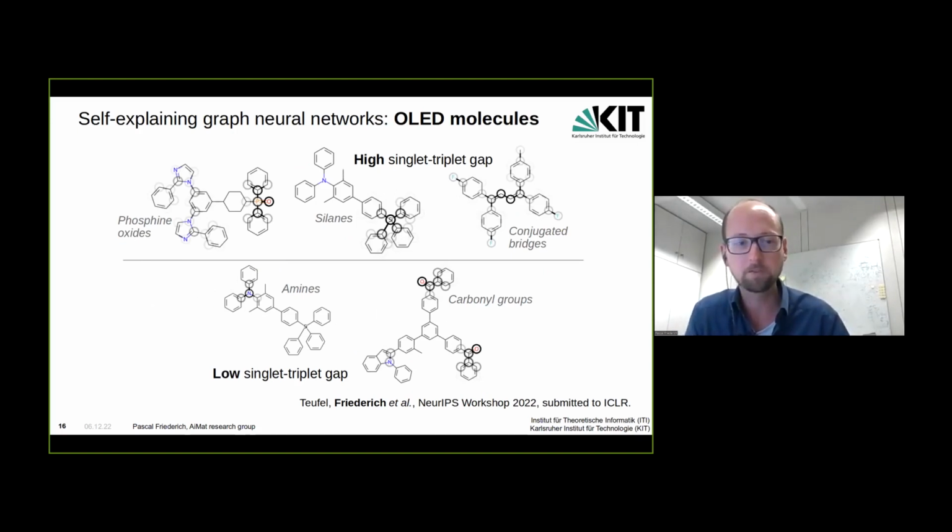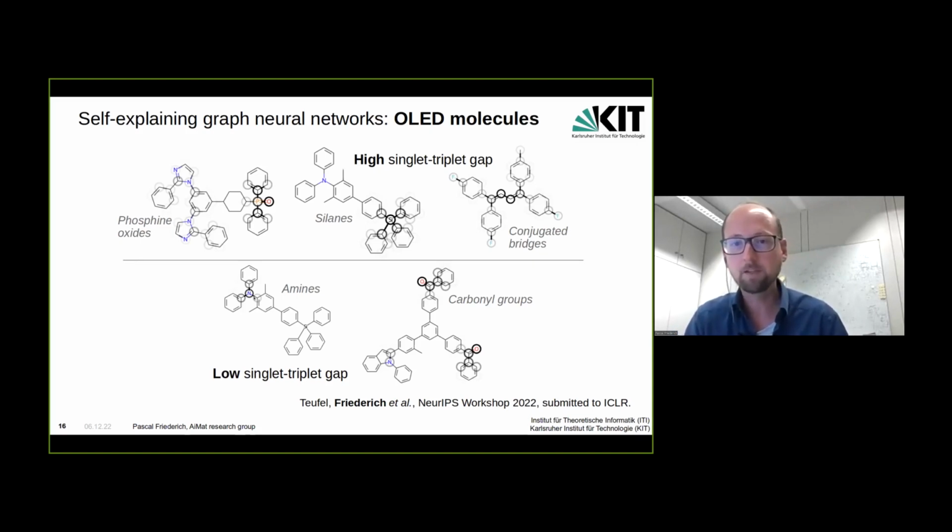So we want to have molecules that have a very low splitting between the triplet and the singlet gap. And then we predicted this singlet triplet gap and also asked the model what is relevant for high or low singlet triplet gaps. And we again see very interesting, very distinct groups where the model sees a strong correlation between a certain direction in that gap. For example, we see that these conjugated bridges here that are used in a lot of TADF molecules are actually increasing the singlet triplet gap, whereas other groups, for example, amines connected to different aromatic rings, are lowering the singlet